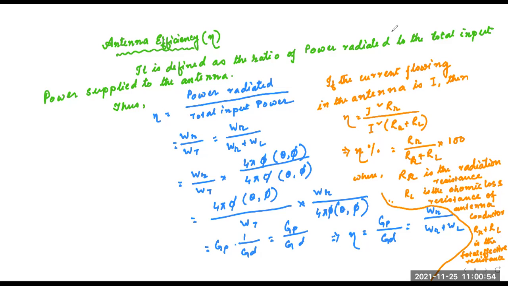So that is for today. I think everybody has understood this. Next day we will start with the radiation mechanism. We have already discussed the pattern, main lobe and all those things. After the radiation mechanism, we will go for the different types of antennas, and there we will talk about those types of antennas and all those things.